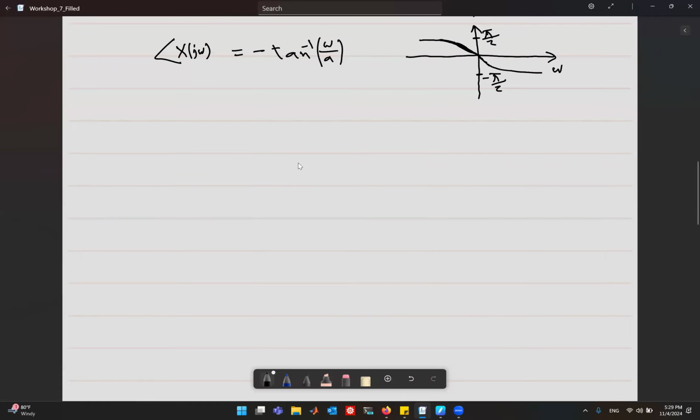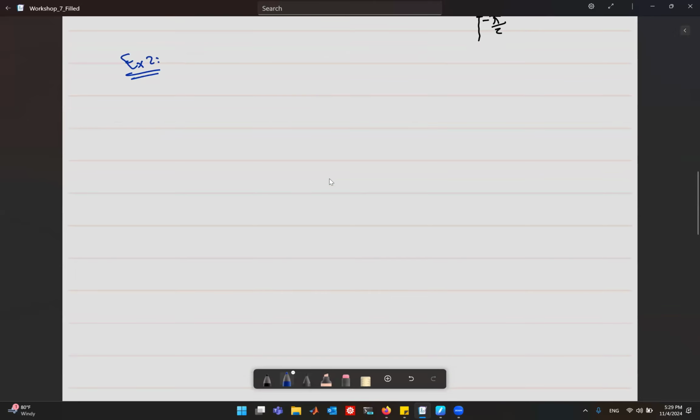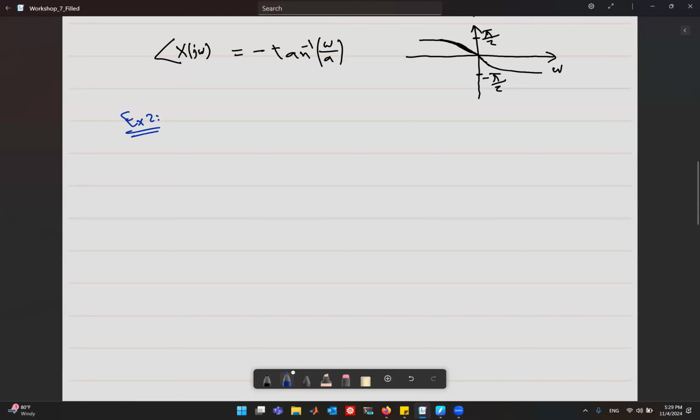Let's look at another related example. So example 2: if we have a two-sided exponential, what will happen? So x(t) equals exponential minus a, and then the absolute value of t, which can be